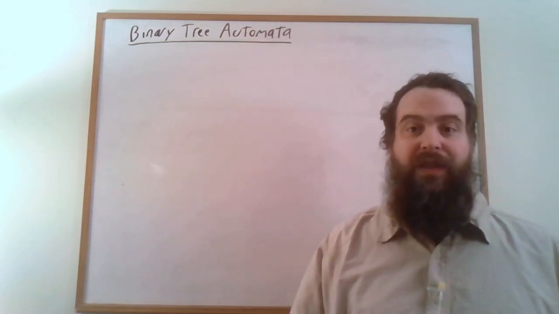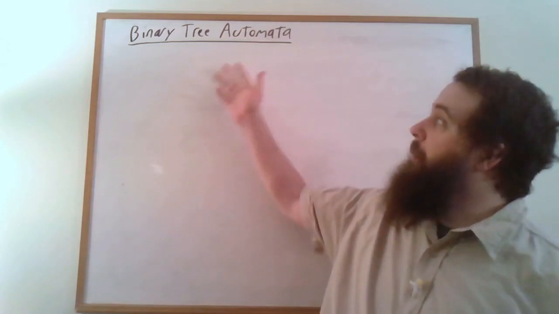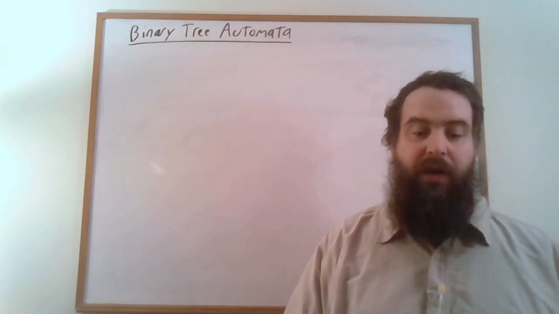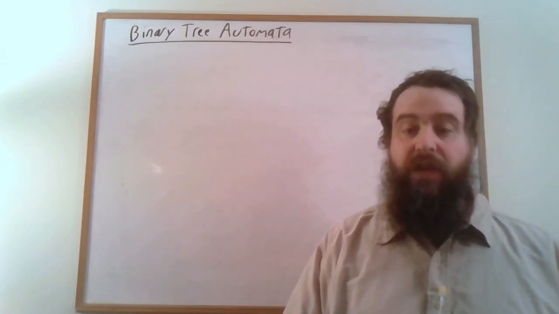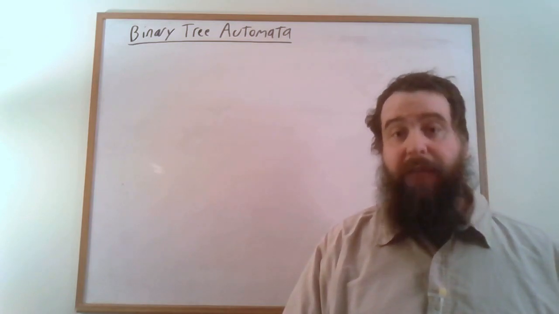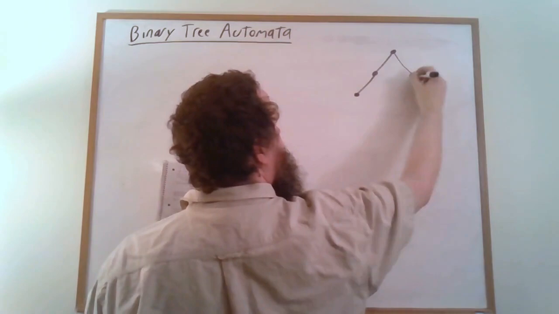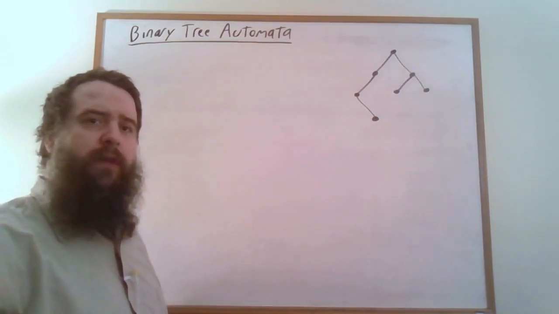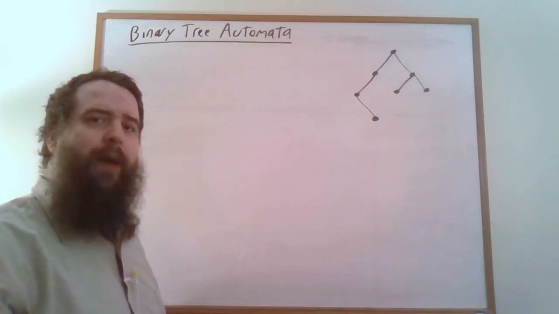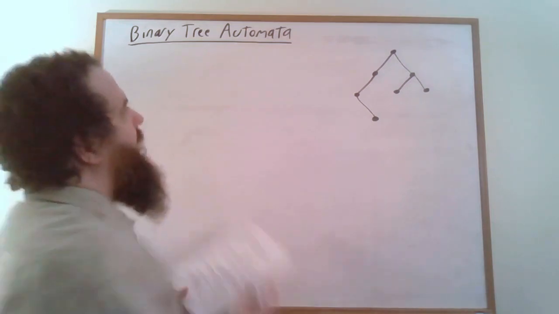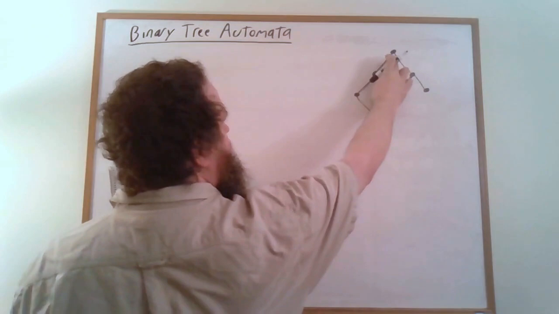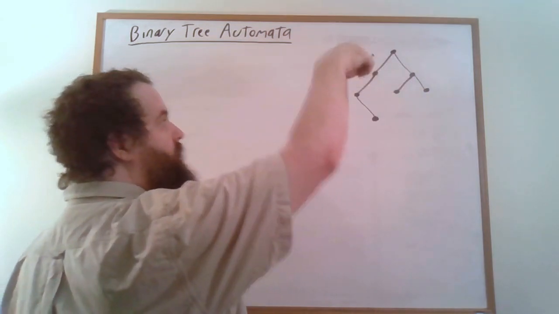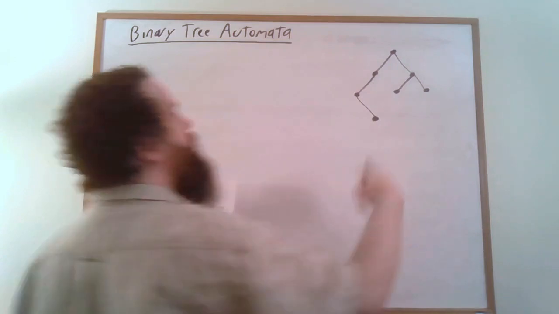But to start this video series off, I'd like to talk about binary tree automata. Here, when I'm talking about binary trees, I'm talking about finite, rooted, ordered, and of course labeled trees. So for some reason in mathematics and computer science, we like to draw our trees upside down. And at the top of the tree, we have a node that's called the root, and all of the tree kind of branches off out of that root.